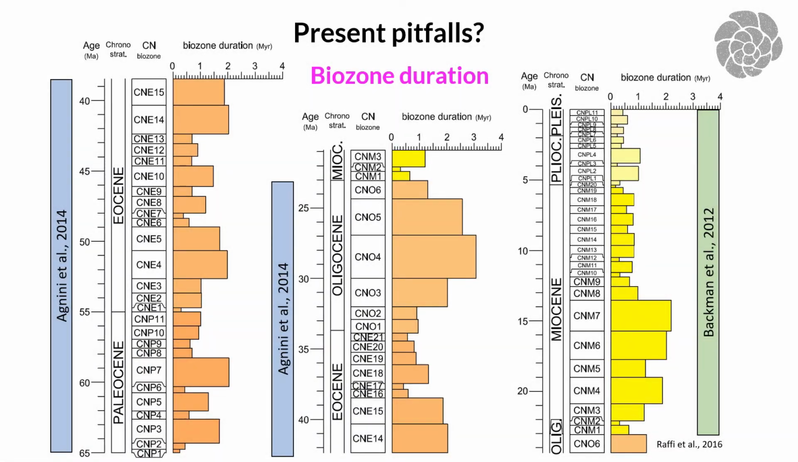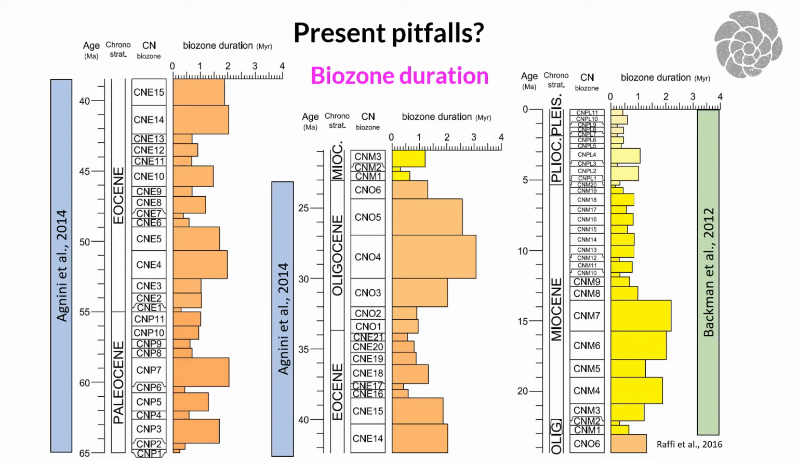Finally, the fourth category was on the biozone duration. And I put this scheme that comes from Raffi et al. and put together the most recent biozonation for the Paleogene here in orange and the Neogene here in yellow by Backman et al. 2012. And as you can see, there are some intervals in which we can actually do better